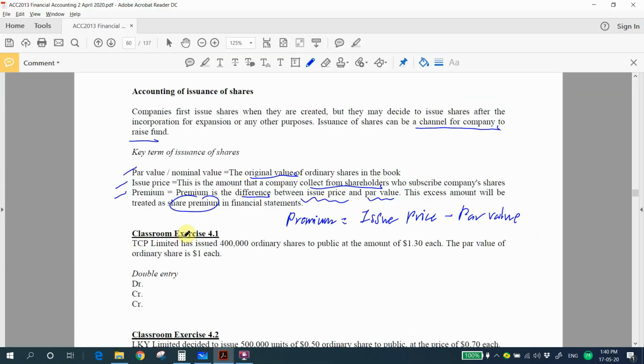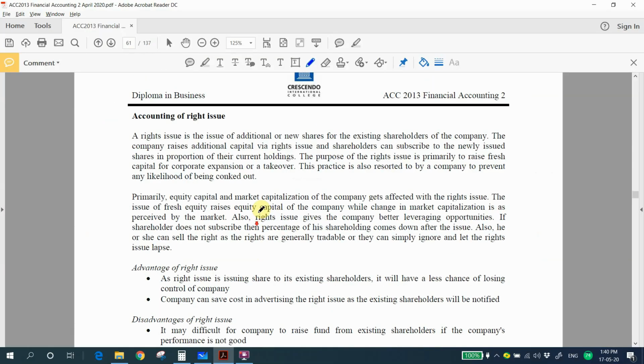So next, in the next section, I'm going to discuss the accounting of rights issue with you. So what is a rights issue? A rights issue is the issue of additional or new shares to the existing shareholders of the company. The company raises additional capital via rights issues, and shareholders can subscribe to the newly issued shares in proportion to their current holdings. The purpose of the rights issue is primarily to raise fresh capital for corporate expansion or a